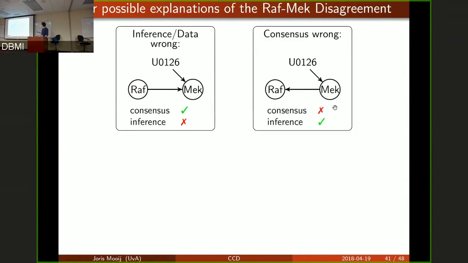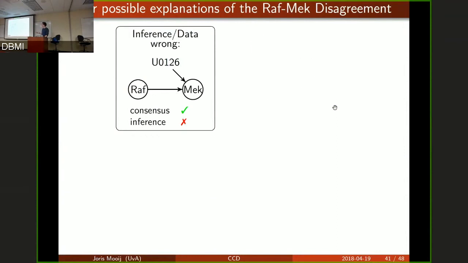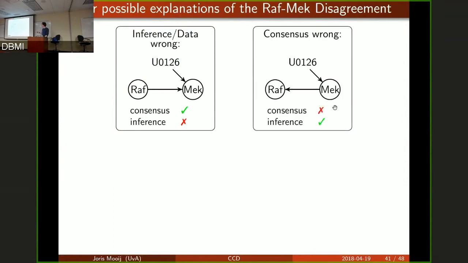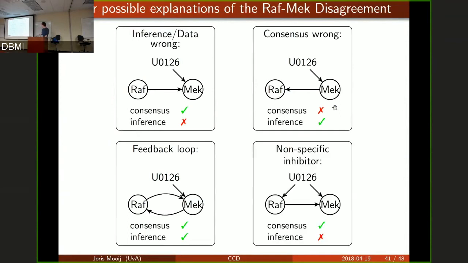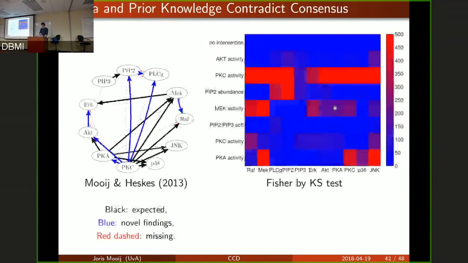It could be that the inference is just wrong. You know, we just made a mistake, and we believe in the consensus. Or it could be the other way around. Maybe the consensus is just wrong. Inference was correct. Or there could be a feedback loop. Or also, that's what biologists often say to me when I talk about this: maybe the inhibitor wasn't as specific as we assumed. So maybe U0126, in addition to changing something about MEC, also changed the Ref. So, okay, it already gets a bit tricky, the validation here,